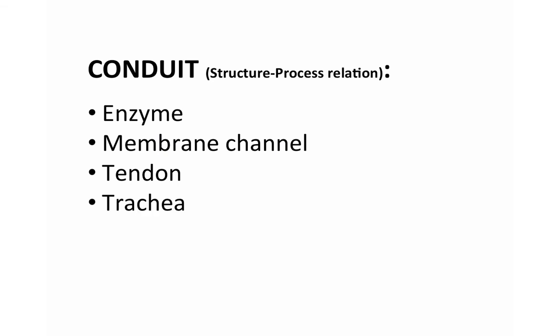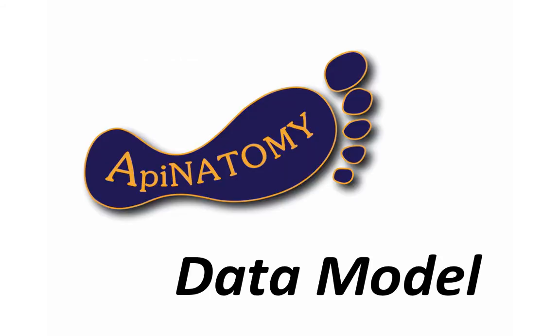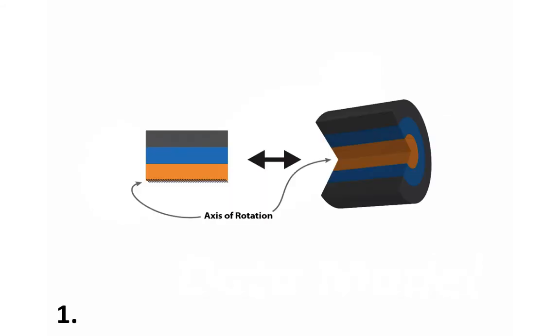A trachea is a conduit for the mass transfer of air between the outside of the body and the lungs. The data model allows for considerable eloquence in describing structures. In particular, there are 10 things a structure can do in ApiNATOMY. A structure can have a rotational symmetry and therefore an axis of rotation,